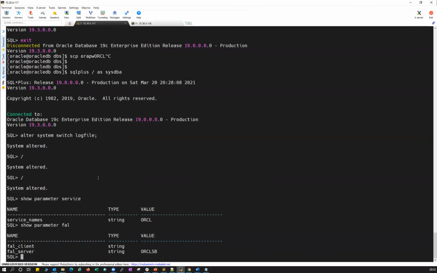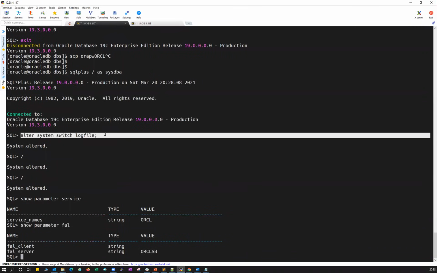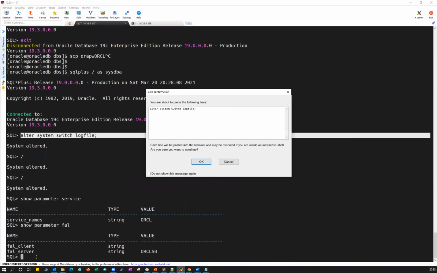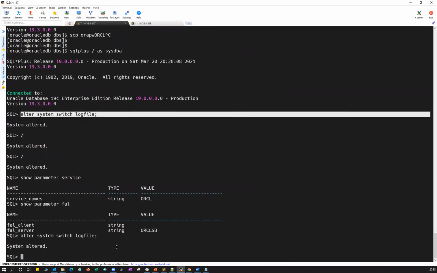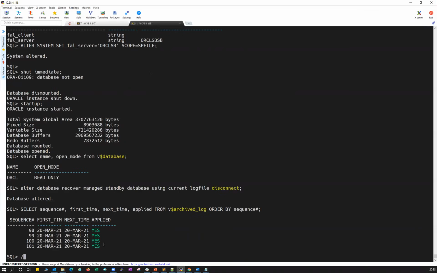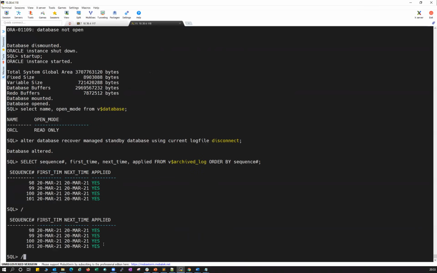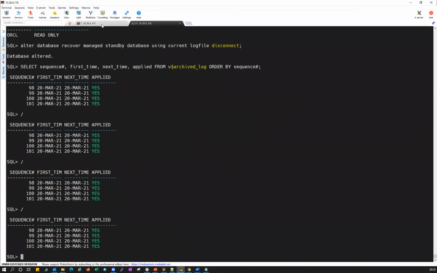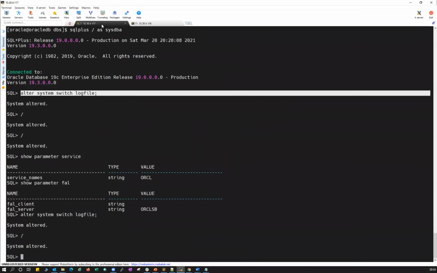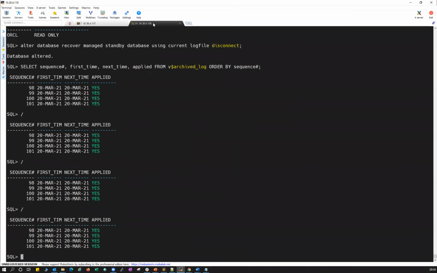If I do one more switch log file here, alter system switch logfile, and run the same command here, 101 has not yet come. Do one more switch here. Not yet came.